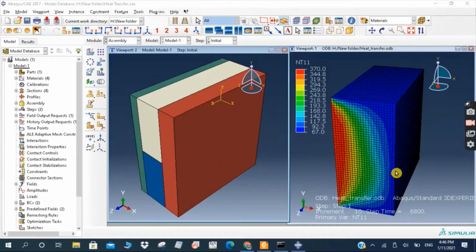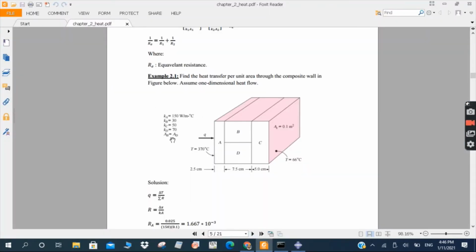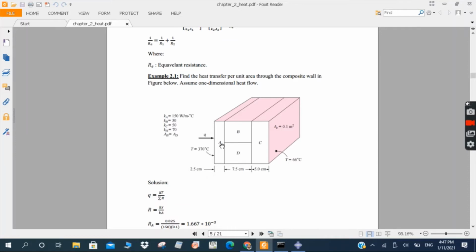In this video we'll see thermal cases. You see the conduction heat transfer through composite material, which have different thermal conductivity, which are laminated material, which is A, B, C, and there are four materials with different thermal conductivity. One end is exposed to a high temperature, 370 degrees C, and the other end will be 66 degrees Celsius. So how the temperatures look through the length through three composite materials along ADC and ABC,